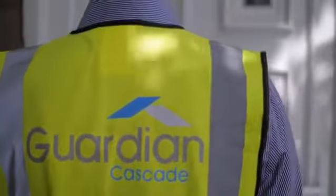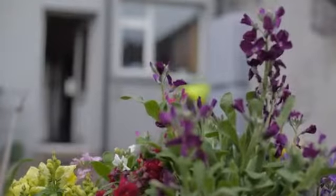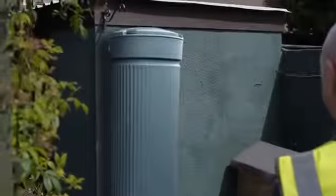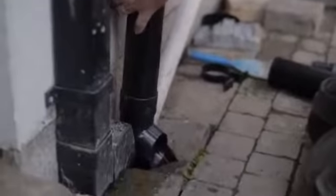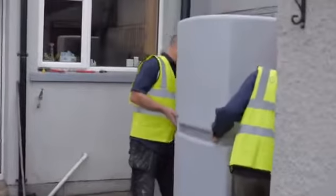Celuplast has a nationwide network of registered installers for the Guardian Cascade system. If you are interested in seeing how water harvesting can work for you, an installer will call to your home and advise you on the options available for the placement of the components of the system. The design of your home, its gutters and downpipes, the location of mains water pipes and electricity supply will determine where the tank, pump and control unit should be placed for optimum efficiency, as well as for the simplest, most